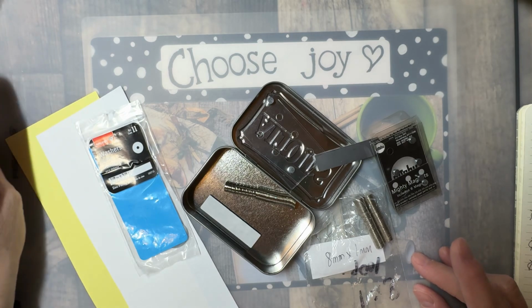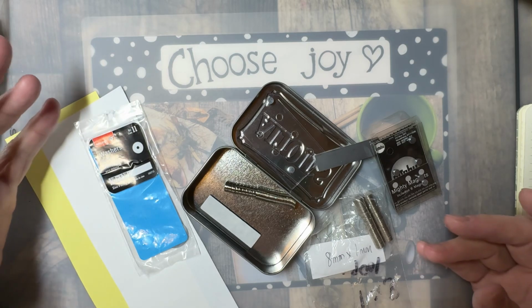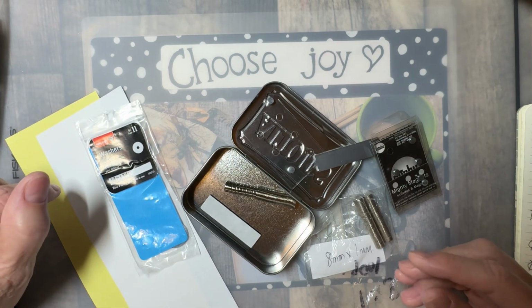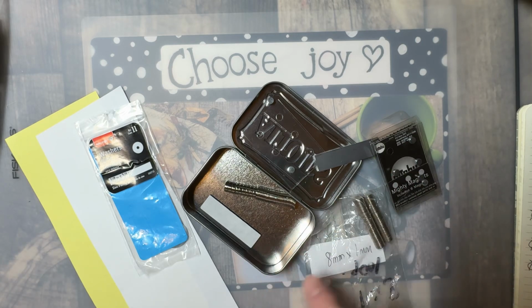If you think about your project first and how thick of paper you're going to be using, if you're going to be using heavy cardstock, then you're going to need a little bit more oomph. So you might want to get a little bigger around. I like...